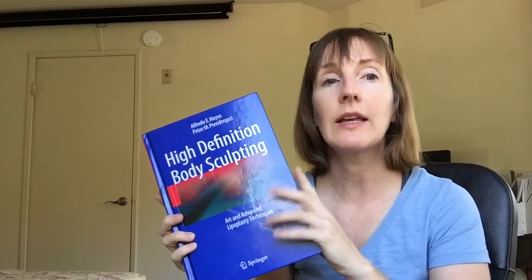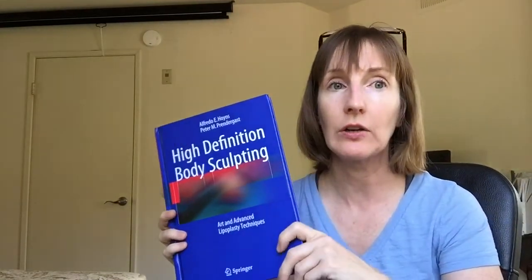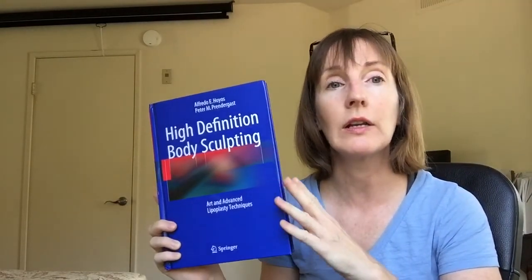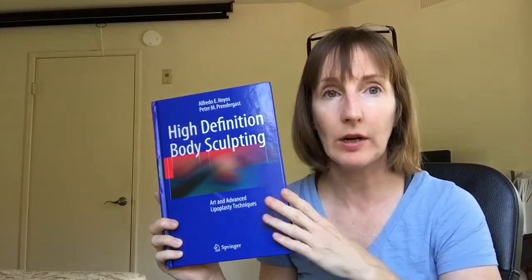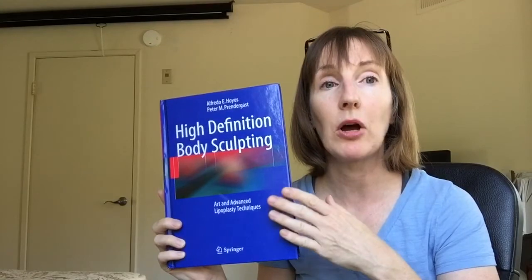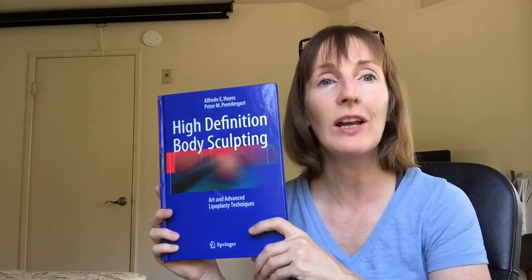And I really like that in chapter 1, in the very first chapter, these plastic surgeons are very clear that you do indeed have to go to the gym. You have to focus on these muscles and strengthening them after surgery. That is how you are going to get positive results from your liposuction. So that is chapter 1,